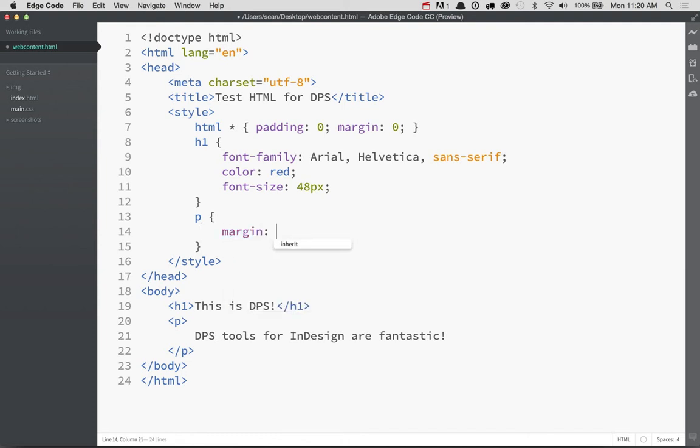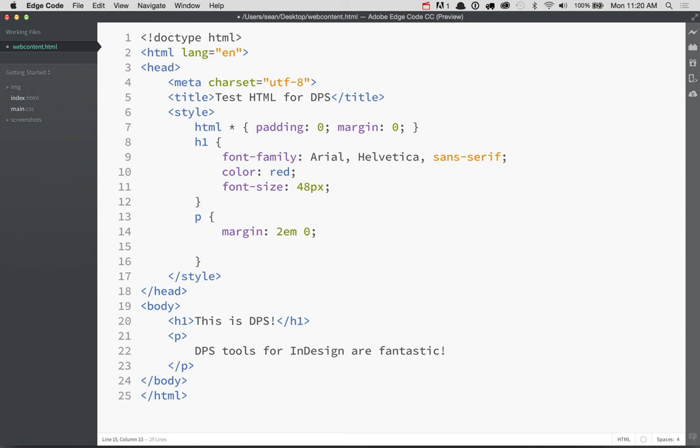Let's say 2 ems on either side, actually top and bottom only, and then change its font family as well to something very garish. How about Comic Sans? That'll work. Okay, so there's a basic HTML document. Basic structure, basic style. Now, of course, normally when you're dealing with web pages like this, you would